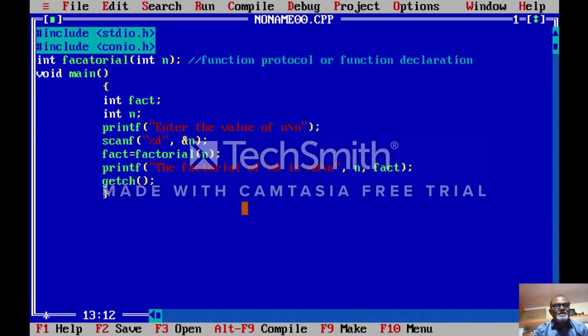But this line, fact equal to factorial n, this is the function call. This function we call inside the main function. So this is called function call.